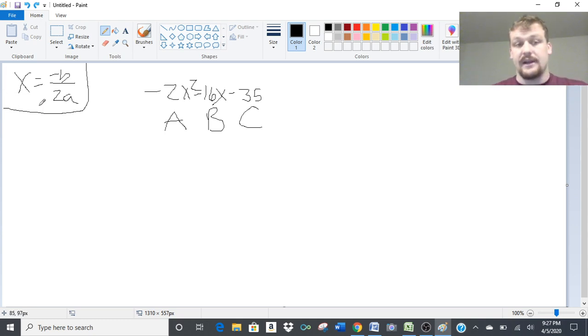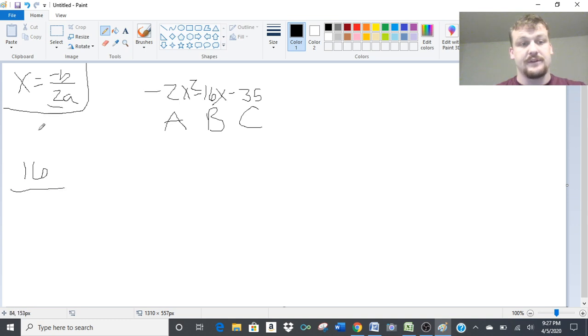x equals negative b over 2a. But again, don't think of it as negative b. Think of it as the opposite of b. Also, this just finds x. So, to do that, our b is negative 16. Again, think of the opposite of negative 16. So this would turn into a positive 16